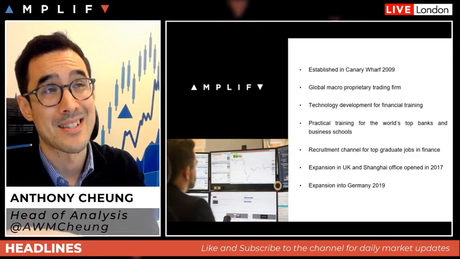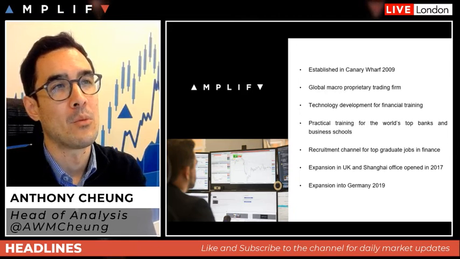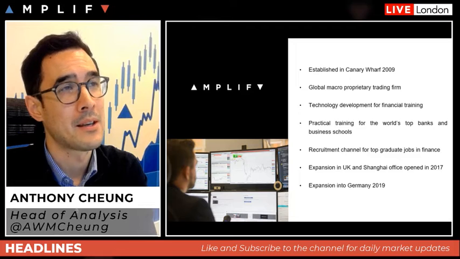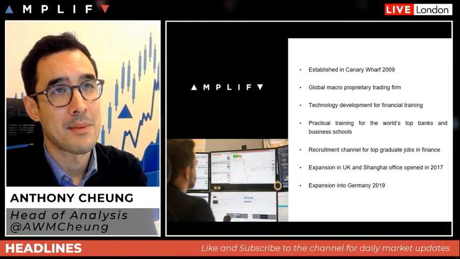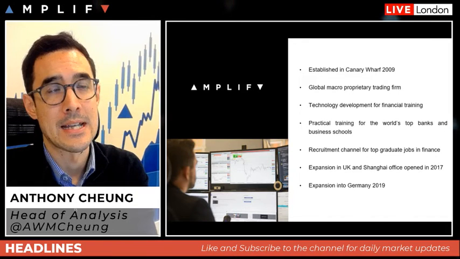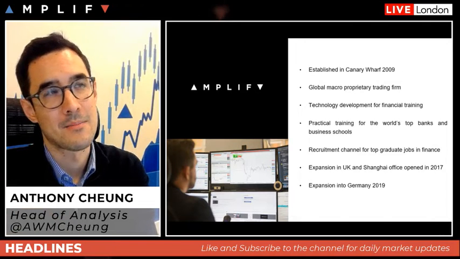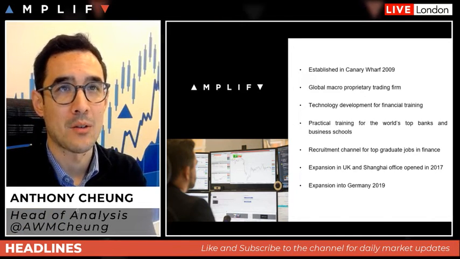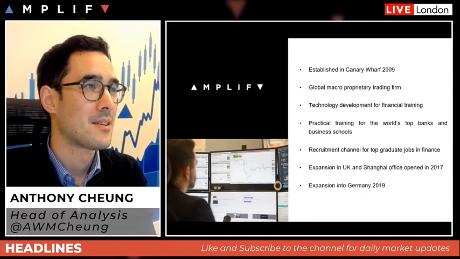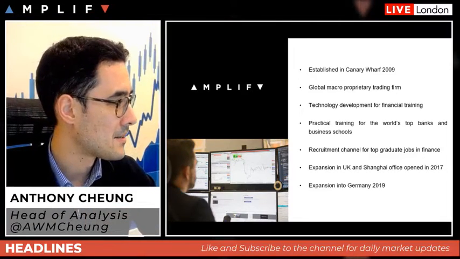The other side of our business is a technology arm, so I won't talk about that too much because that's predominantly used for university clients. So we work with over 50% of the universities in Great Britain. We also work with various universities across mainland Europe and elsewhere globally. This is because we've developed our own proprietary technology which allows young individuals to experience different roles in practice. So risk managing, sales trading, an investment bank, IPO process, compliance, these types of things. So quite different from what we do on my side.